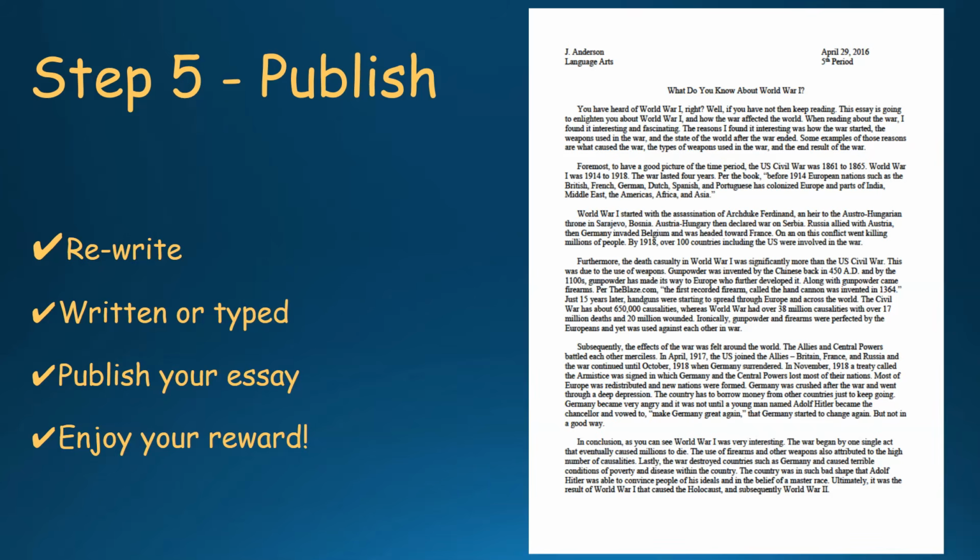Austria-Hungary then declared war on Serbia. Russia allied with Austria, then Germany invaded Belgium and was headed toward France. On and on this conflict went, killing millions of people, and by 1918 over 100 countries, including the U.S., were